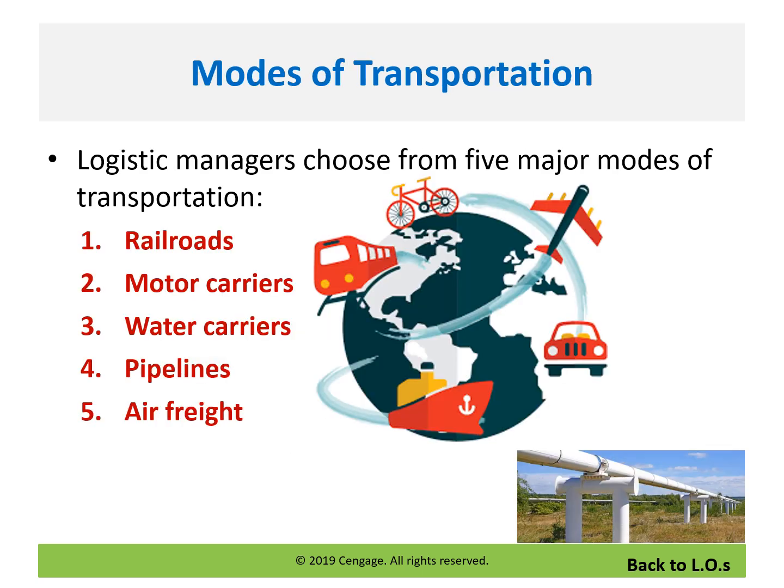Logistics managers choose from five major modes of transportation, which include railroads, motor carriers, water carriers, pipelines, and air freight. Each mode has its own unique characteristics. All shippers consider reliability, speed, and cost when choosing the most appropriate transportation methods. They assign varying levels of importance to each criterion based on their situation.